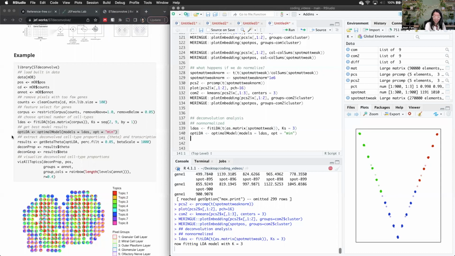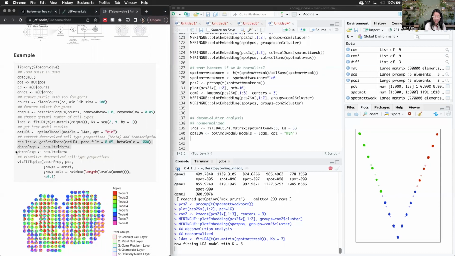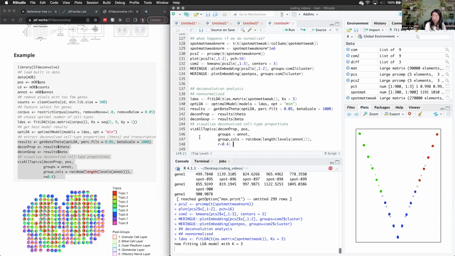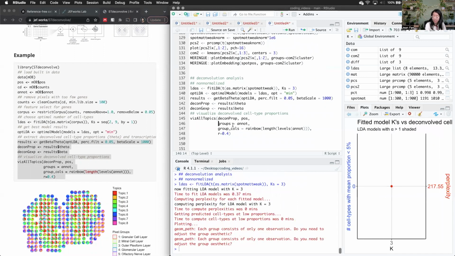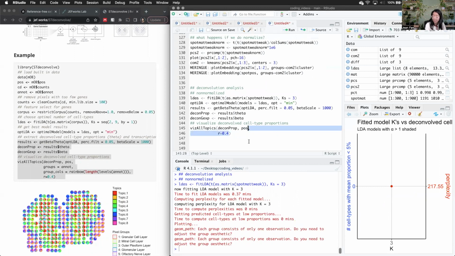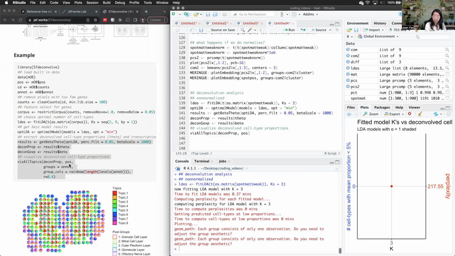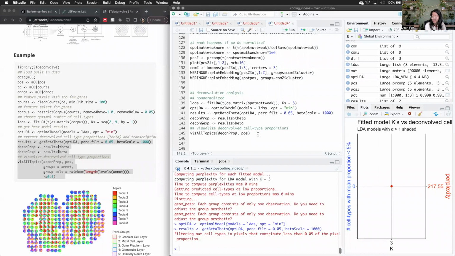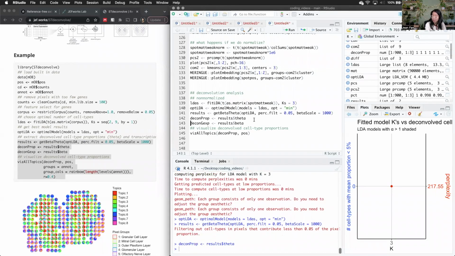In this case, I only ran one, so I'll just pull out the k=3 model. Let's just copy all of this and see what happens. In this case, I don't have these particular annotations. So let's see, I will pull out the model and get the deconvolved cell type proportions and their deconvolved